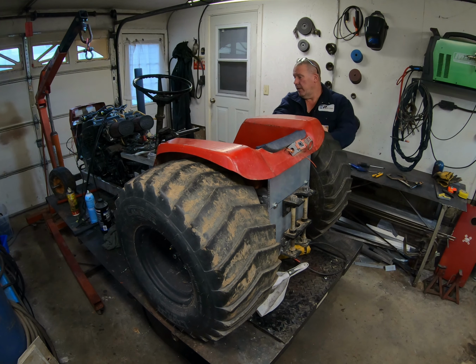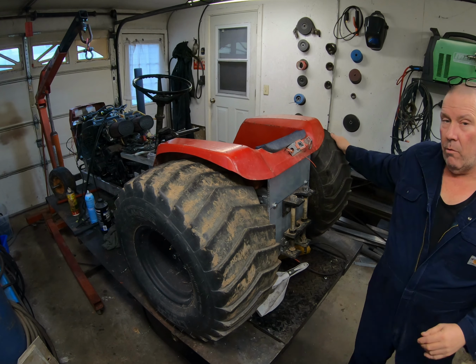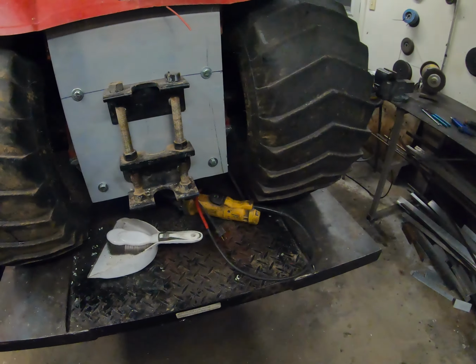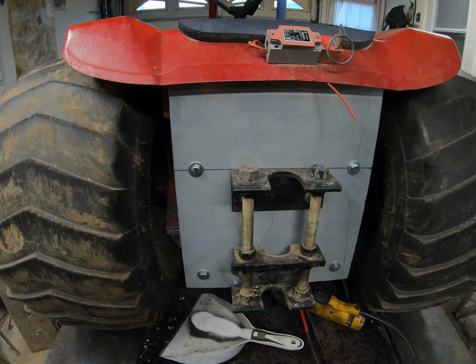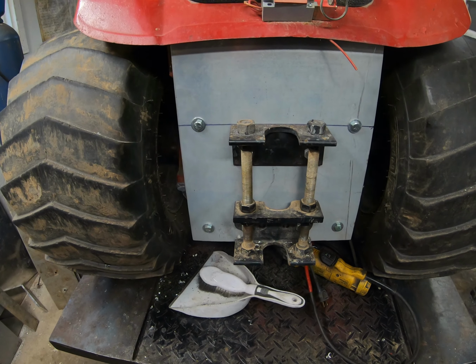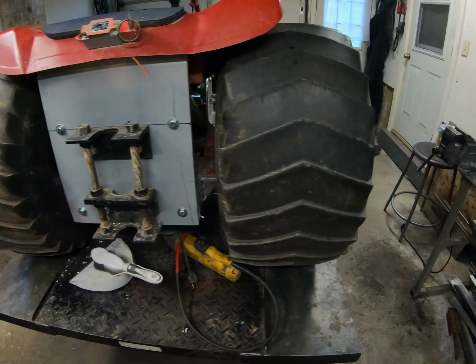I wanted to show you where we're at, what we've been doing so far. We've got our back plate mounted on here, the adjustable hitch. Wheelie bars, I'm not real sure how I'm going to do those yet. I'm going to do them a little different, I think, this time. But not 100% certain on that, so I carried on with...